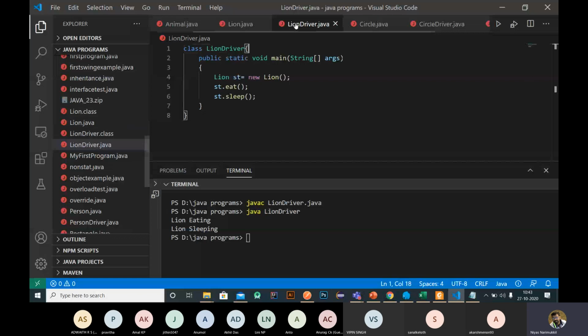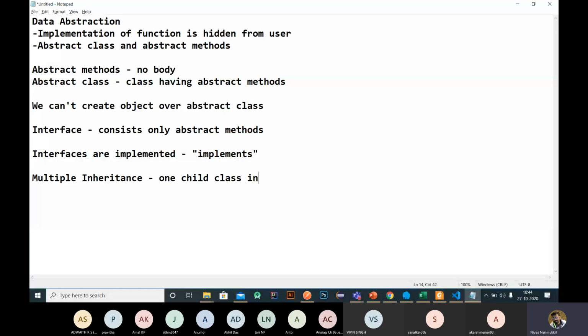There will be 2 or 3 parent classes, right? That is called multiple inheritance. So one child class inherits properties of more than one parent class.